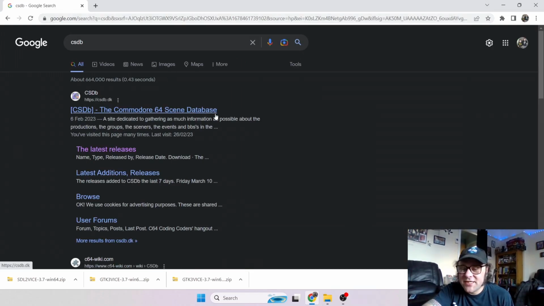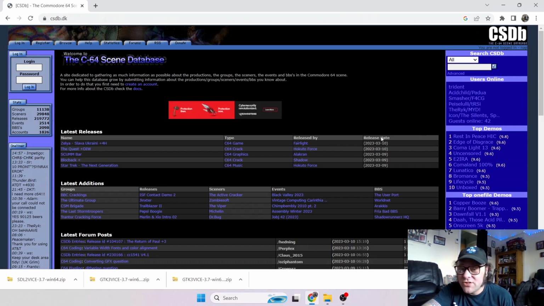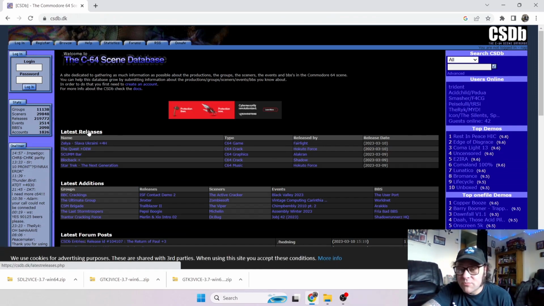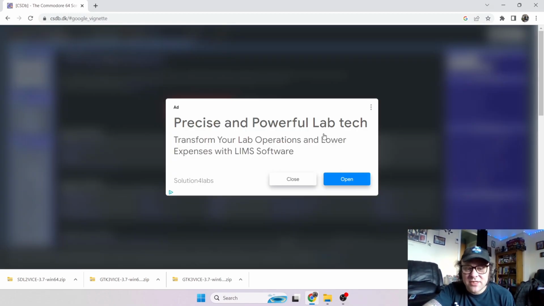So CSDB, as it says, is the Commodore 64 scene database. You get a lot of cracks in here, you get new games. Some games won't let you download because they're commercial and they're for sale. So if we just go to latest releases,